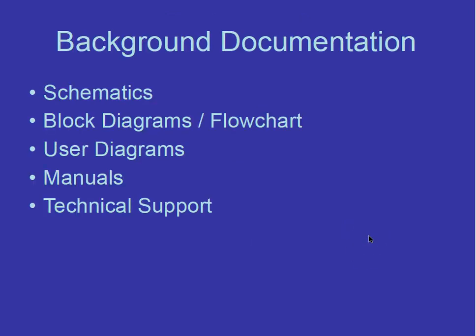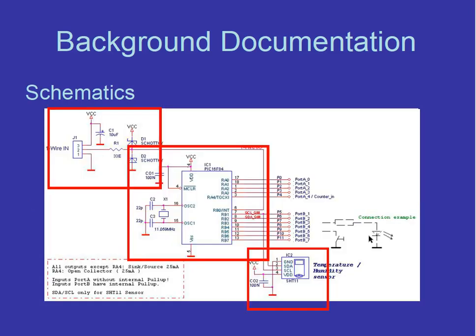Now in background documentation, what do we have? We have schematics, block diagrams, user diagrams, manuals, technical support. So these things are included under documentation. Schematics, you are all already familiar with. You have been making electronic circuits, and this is one example of an electronic circuit schematic,